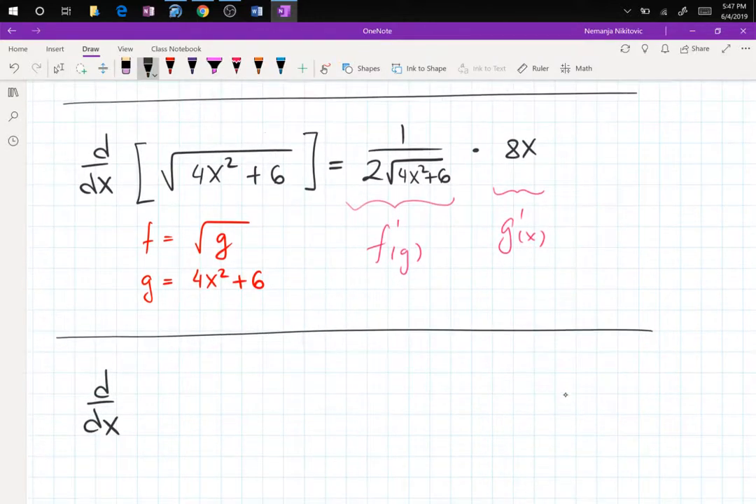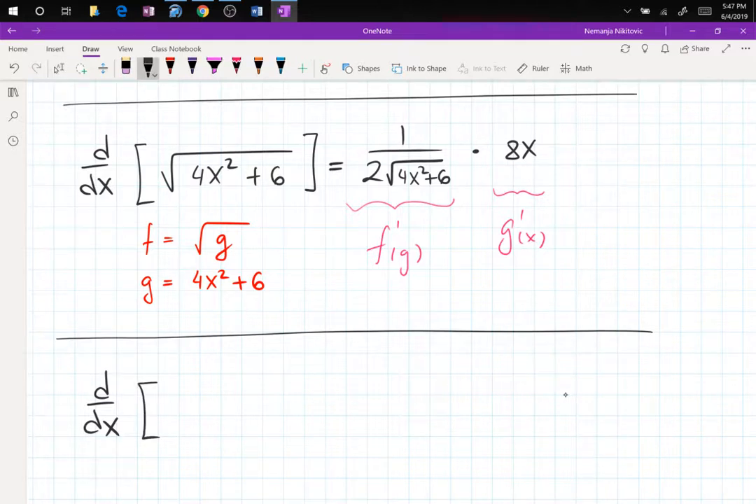How does it come to that? I don't see how it would become 1 over 2 root. The derivative of the square root of x: x is to the 1/2, right? You drop the exponent down. It's n x to the n minus 1. You drop the exponent down and